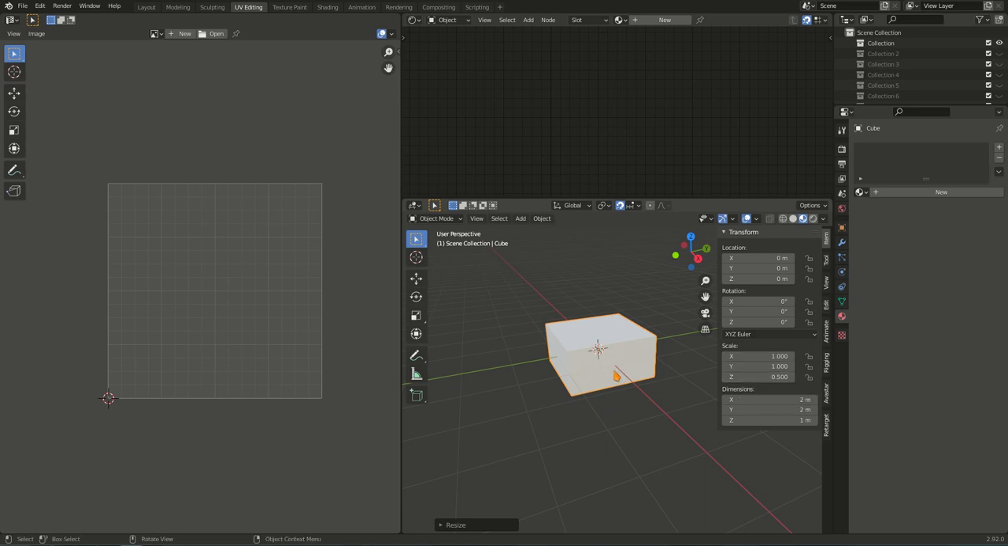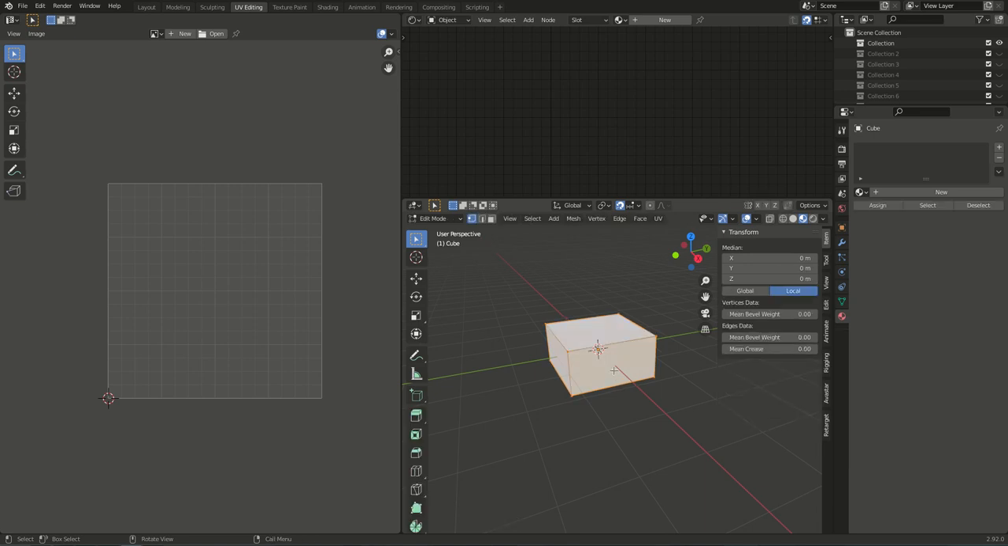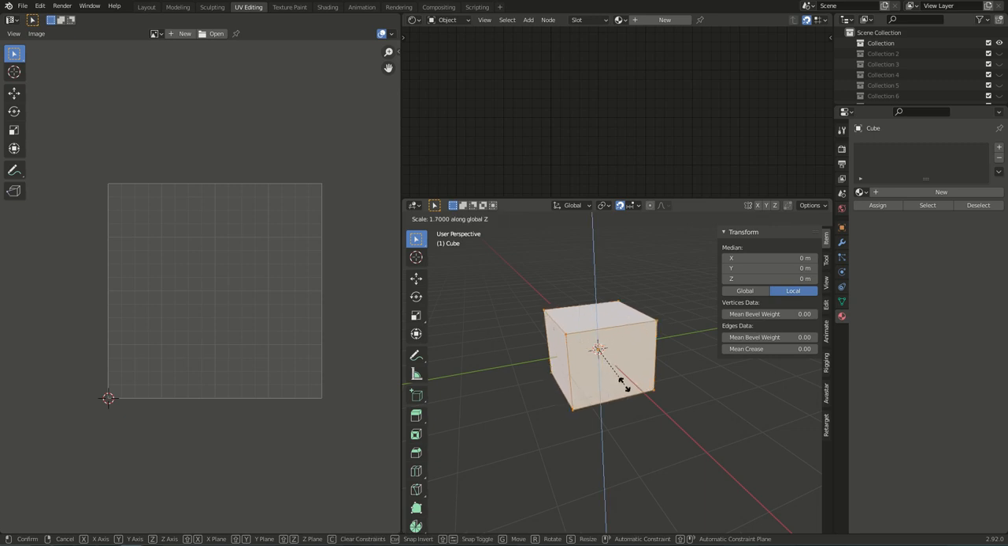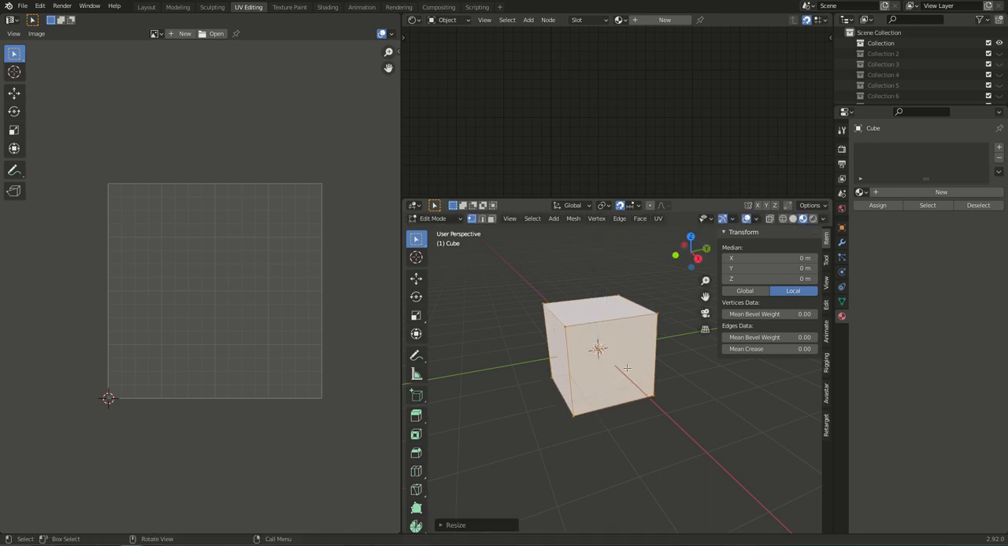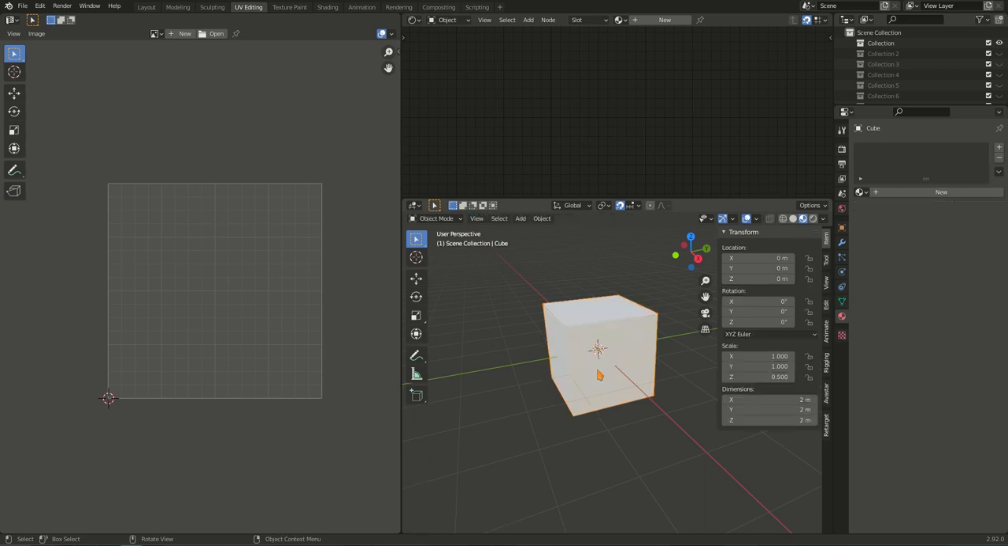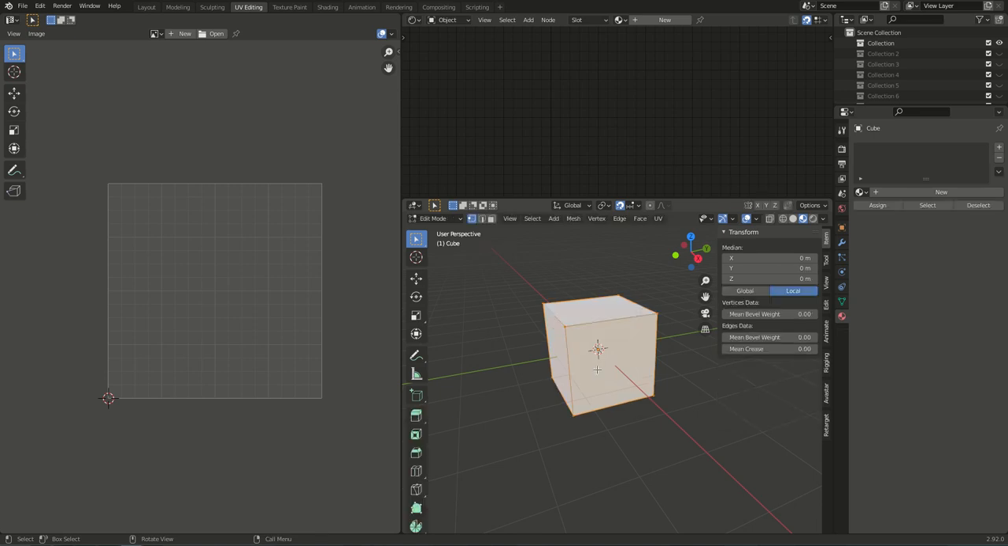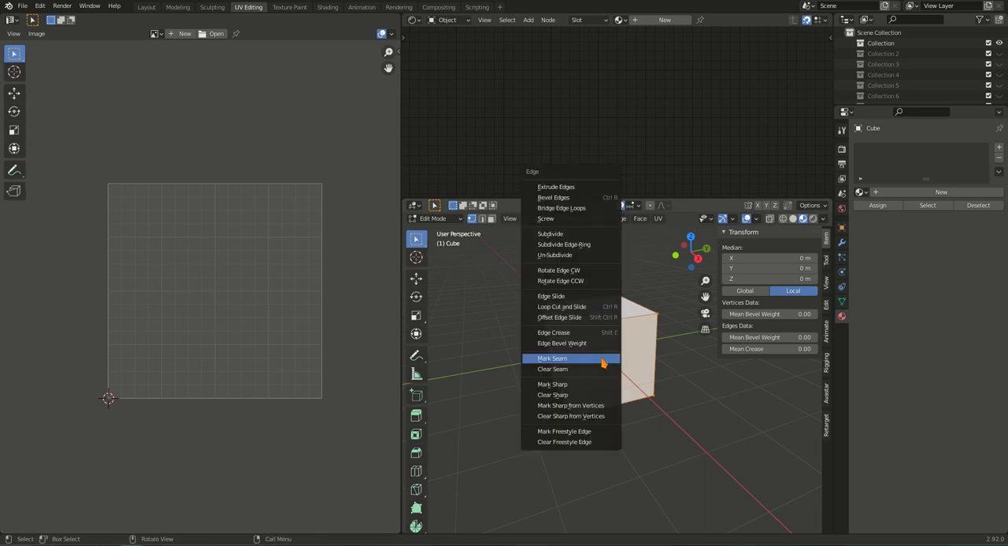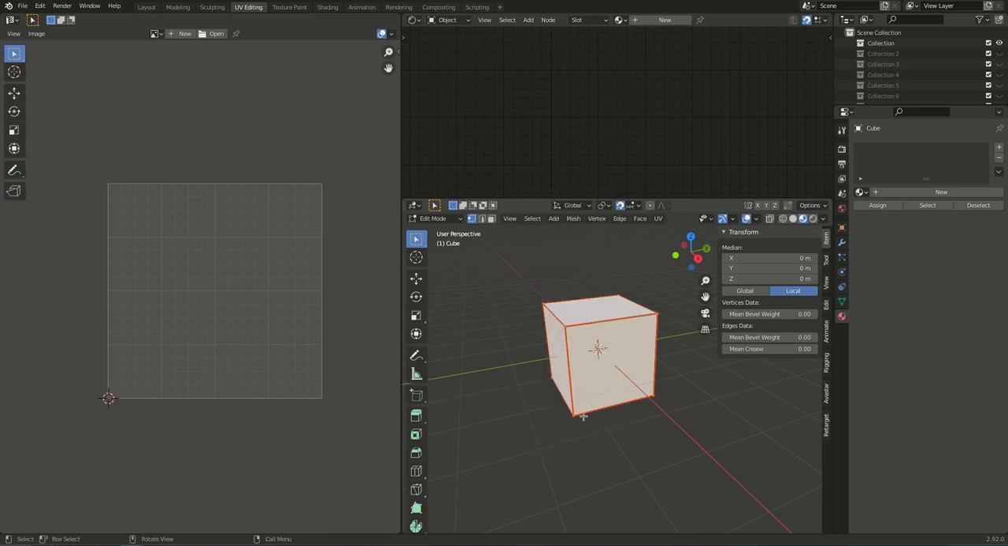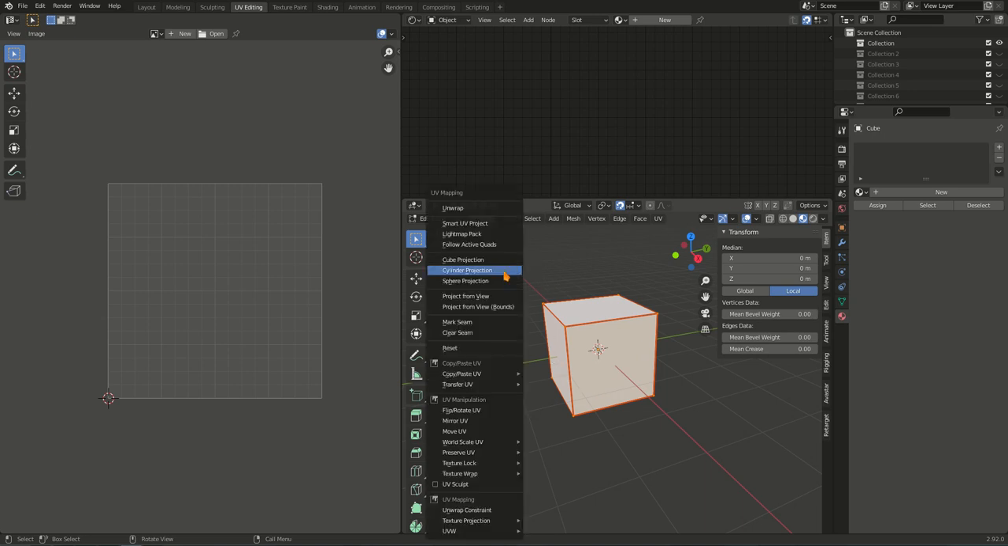Now imagine that we are in edit mode with Tab and we get back to the previous size by scaling instead 2 units. This way we have the same cube as at the beginning, or at least so it seems. However, if we mark the seams, all the faces, let's do all the faces, and unwrap it,